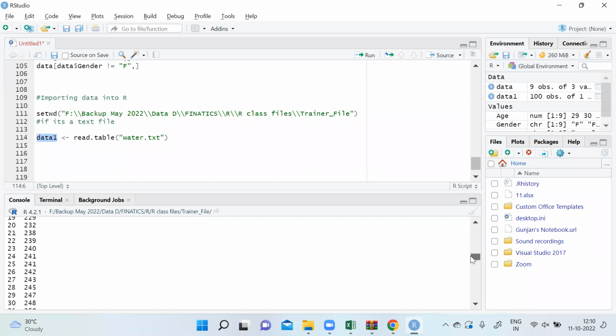All the 100 files is important, and R has given a natural header as V1. Okay. If you already had a header,